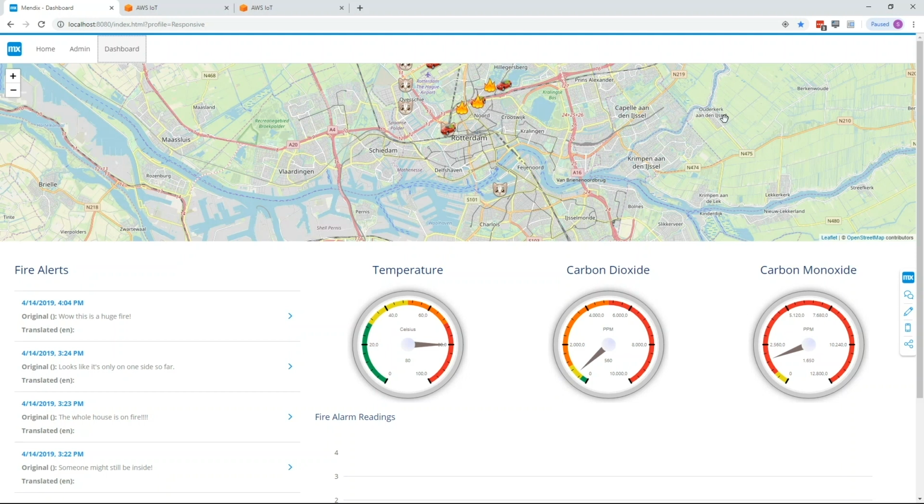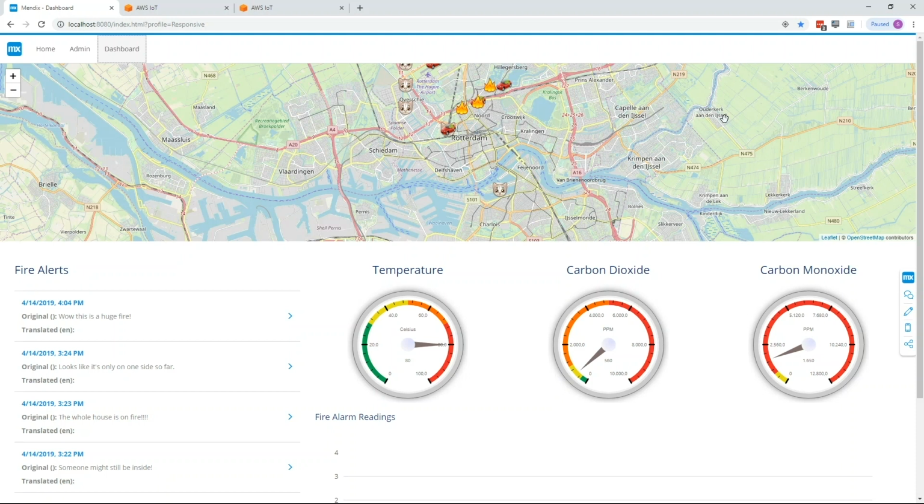We want to take this one step further. We want to be able to extend this application and leverage IoT data so we can make smarter decisions. This particular application has been hooked up to a number of graphs here so that we can see temperature, carbon dioxide and carbon monoxide from certain buildings. Currently, this application isn't hooked up to any IoT service, so we need to be able to hook into that data and make certain decisions around it.